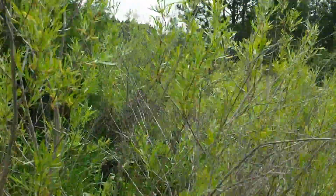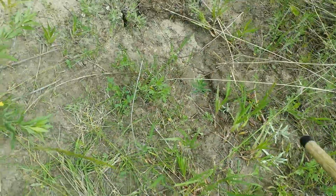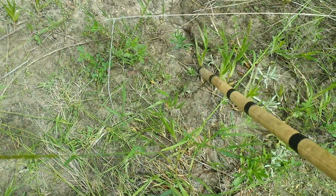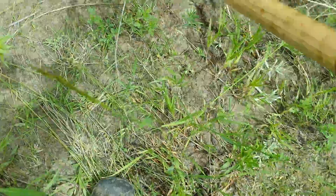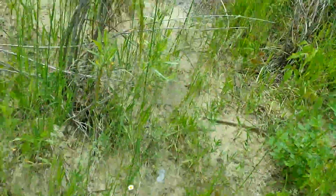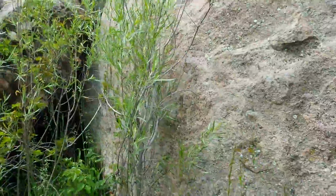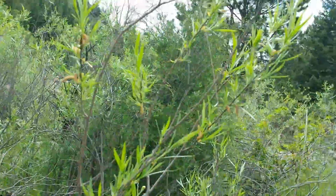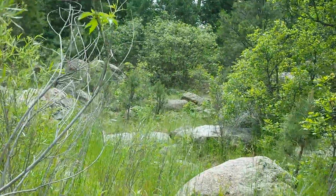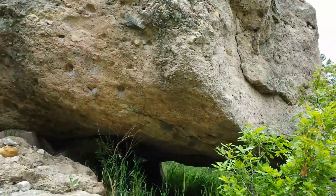I wanted to come out here last time because I always find so many good prints along the river. So there's a pretty nice 24-inch print right there. Here's the heel back here. You can see it. Step, boom, perfect. Big. Somebody's getting big, or that's that particular Sasquatch's size. So I'm just working along up here along the bank, and you can see how thick this is. Hopefully I'll find another print, and then